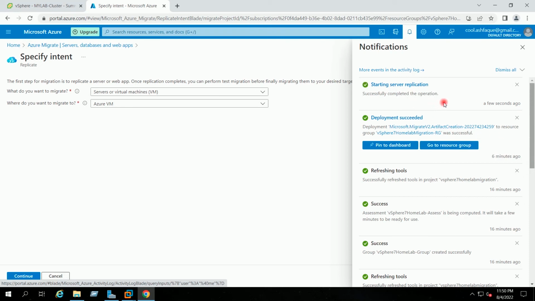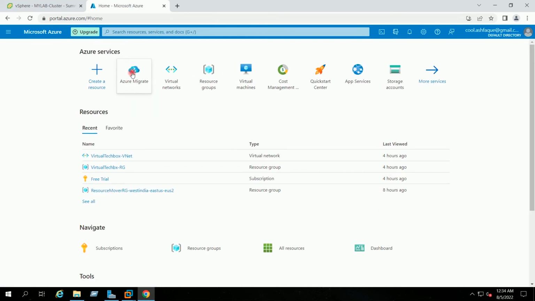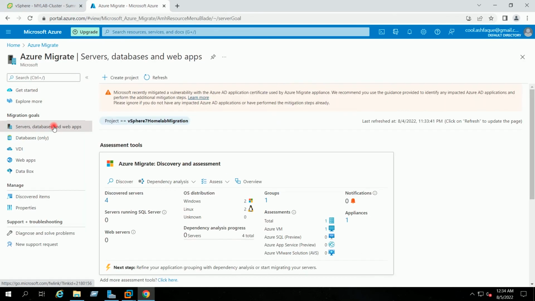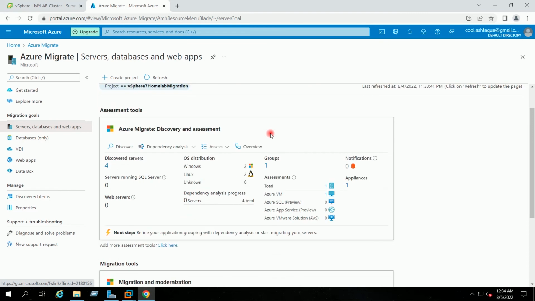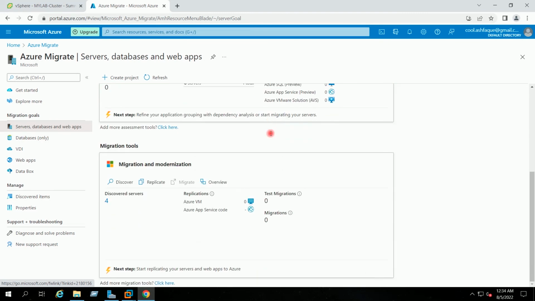Task under notification is showing completed. I will go to home, Azure Migrate, servers, and under migration tools I will go to overview.